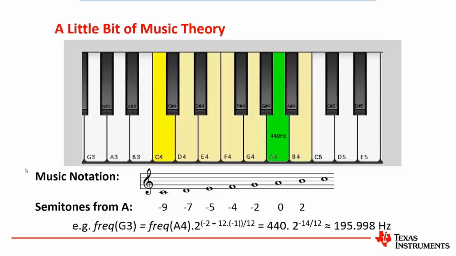So all we basically need to do is look at, say, our G3, and we can see that a G note is -2 away from our A note, and it's 1 octave down. So it's 12 times -1 plus -2, and that gives us the total number of semitones from A4. And so we get our frequency there that you can see at the bottom of the page, and we end up with